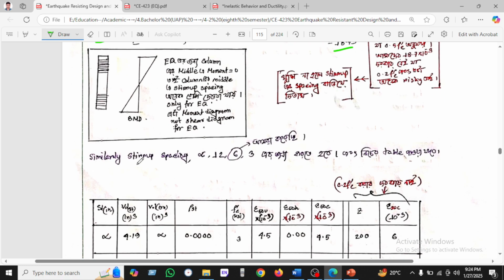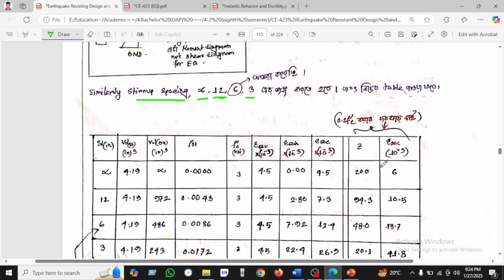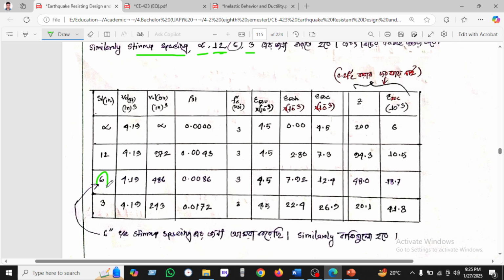and similarly we can find the stirrup spacing. If the stirrup spacing is 5.3, then what will be our answer? We have done this answer. We can see all the parameters we have found. When the stirrup spacing is 6, then we have found volume 4.19, and B volume inch square 486, and rho st found 0.0086, and appearance is same, and ultimate FU 50 unconfined found 4.5, and FU is